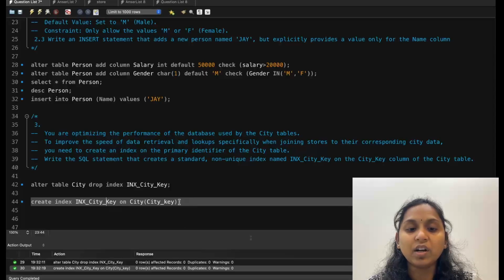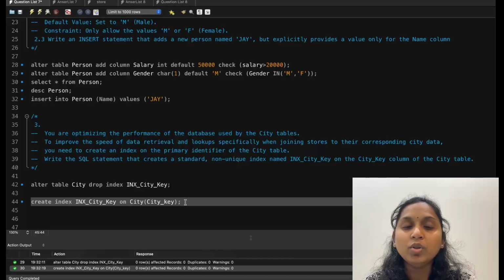And how can I check whether this is right or wrong? Ideally you cannot see anything directly, but it will affect the result. If you have a large amount of data, you can observe the use of indexing significantly. If you have 10,000 or 1,000 records, your search result will be faster, and your query will take less time to execute. So this is the way you can create an index, and this is the way you can drop an existing index. I hope this helps you understand the basics of null functions, table constraints, and the different types of indexing problems that you can solve with the help of an index key.